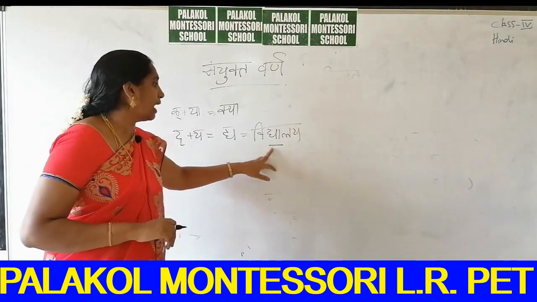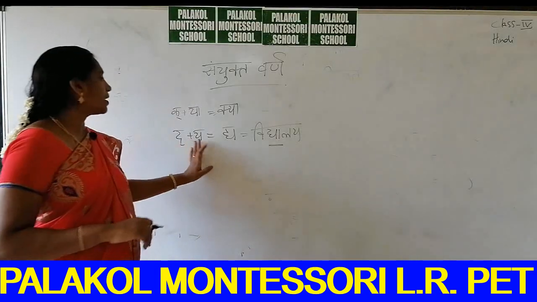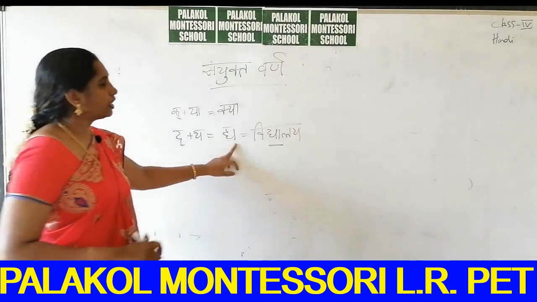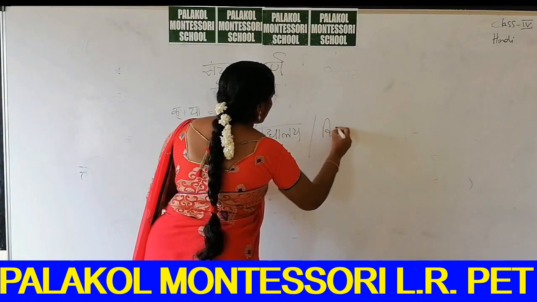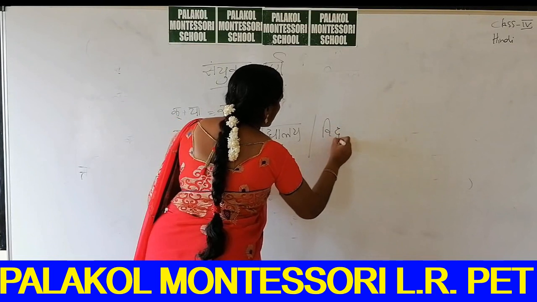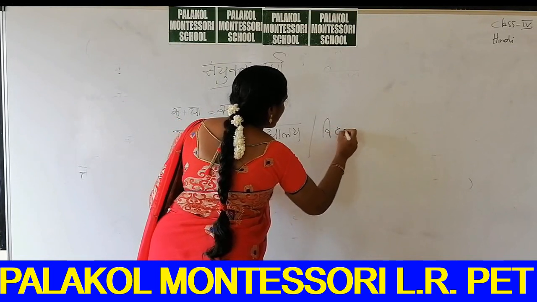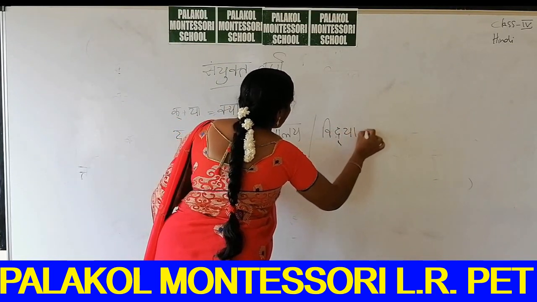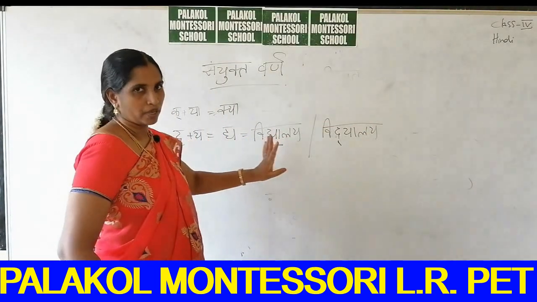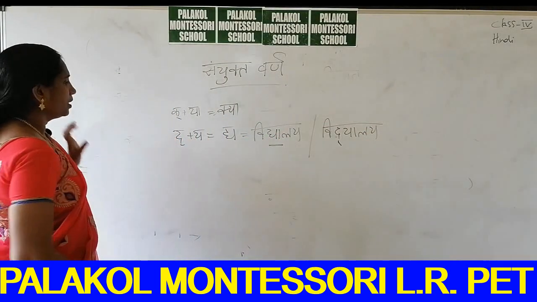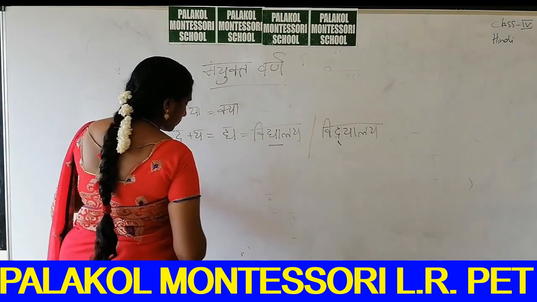So that is called dhya. This da plus ya is equal to dhya. It is also correct written like this also: dhya, with halant, ya, lay. Vidyalay. Both are the correct way. Understand? Vidyalay. Next.